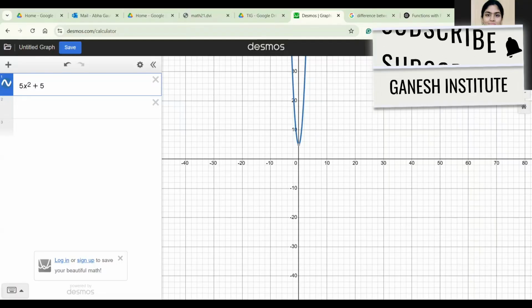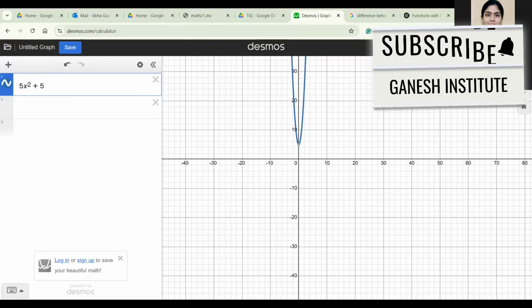If t is lying from 0 to 1, let's say 1x squared or 2x squared. You can have here also any such value, 1 minus t. If you are substituting t as 1, this will give you 0. So only 3x squared will be left. And if you are substituting t as, let's say, 0.5,